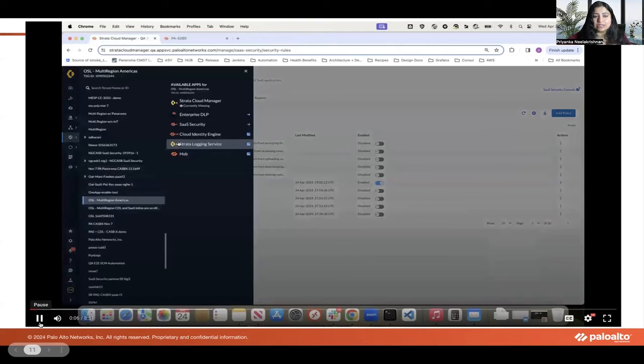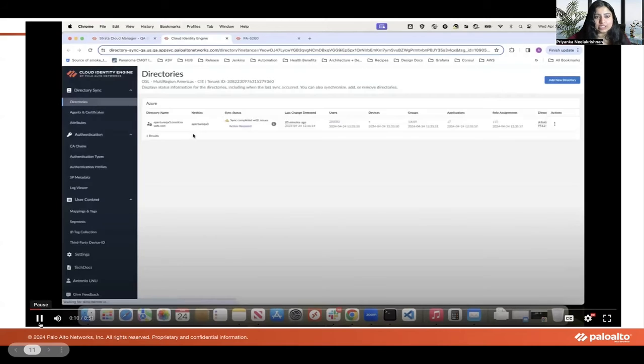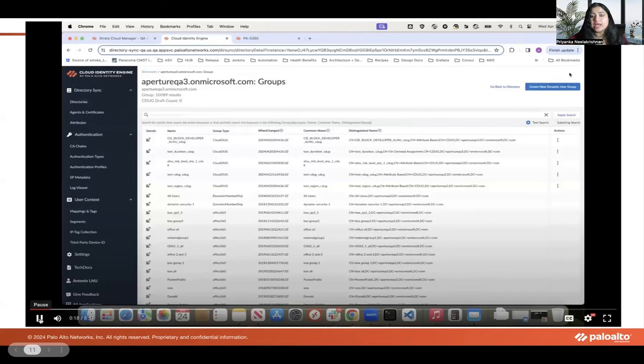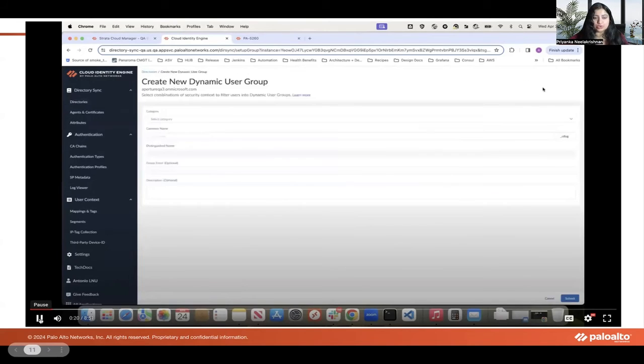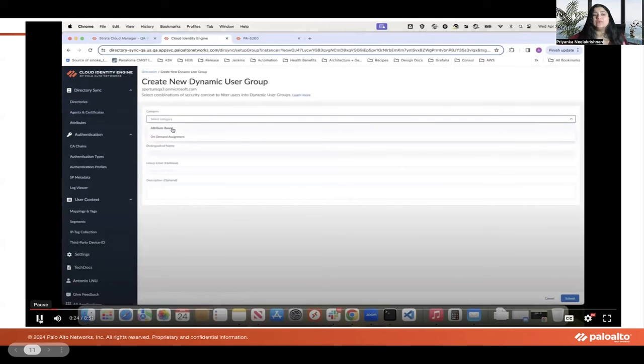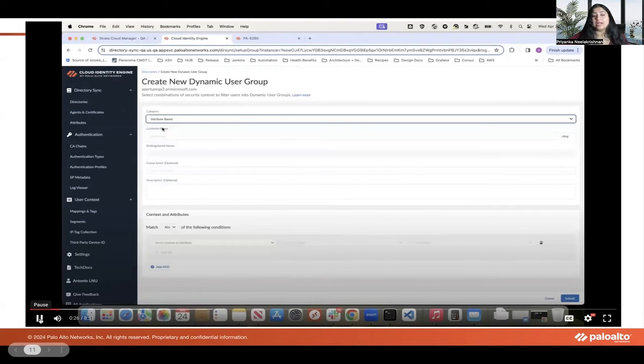To create a dynamic user group on the CIE, let's go into the Cloud Identity Engine. In here for Azure AD, we need to make sure the configuration is set right so that all the information is getting collected on the user, including the risk data. And you go into the groups and create a dynamic user group. There are two ways in which the dynamic user group can be created. One is manually, wherein the admin goes and picks and chooses users and adds them into a dynamic user group,